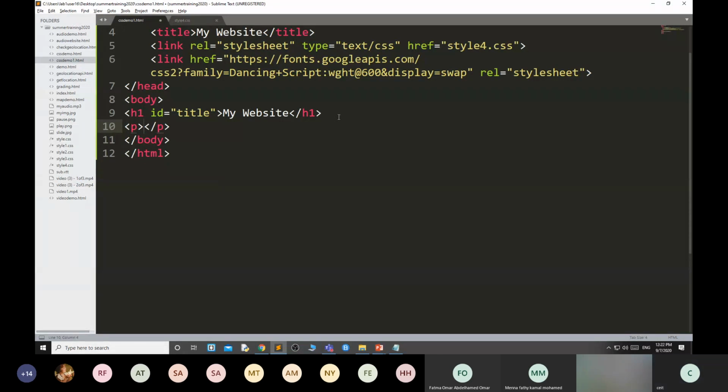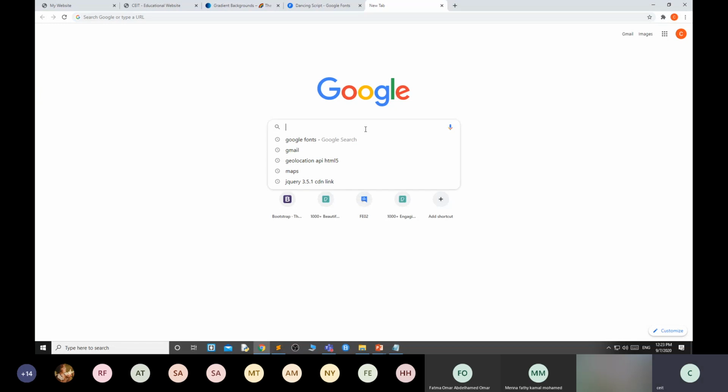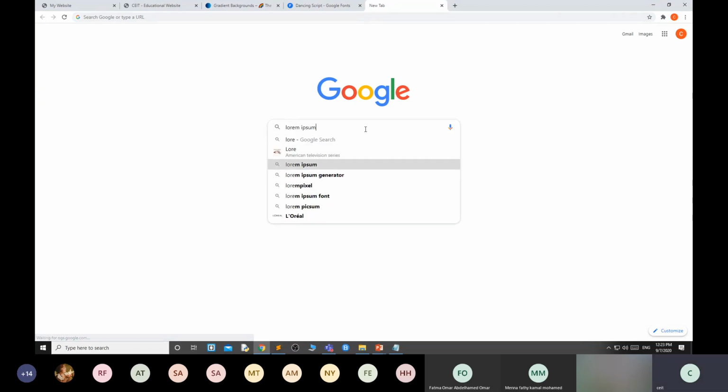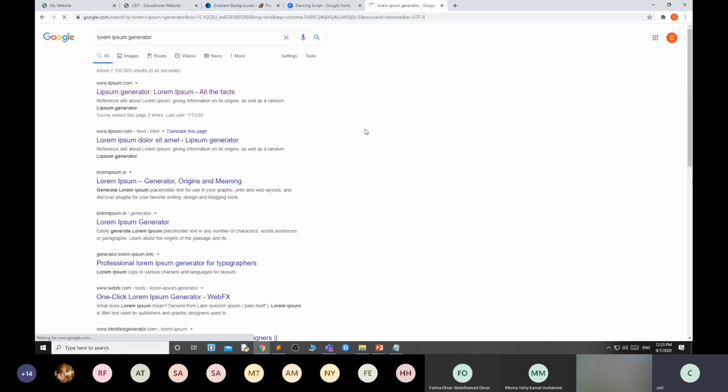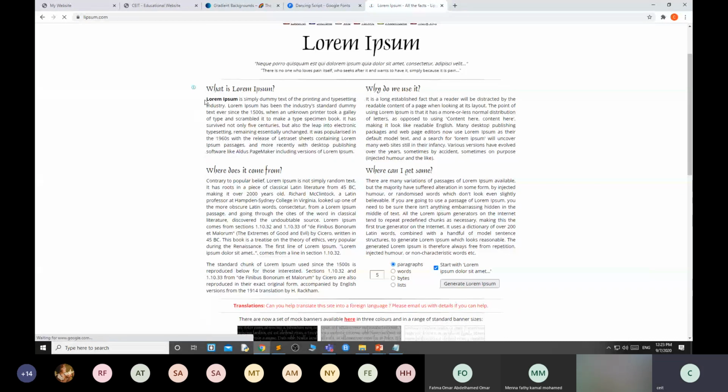Then there is some auto generated sentence available on the web that is known as lorem ipsum. I also don't know what its meaning is, but you can use it for your web designing. Okay, suppose I need this line.